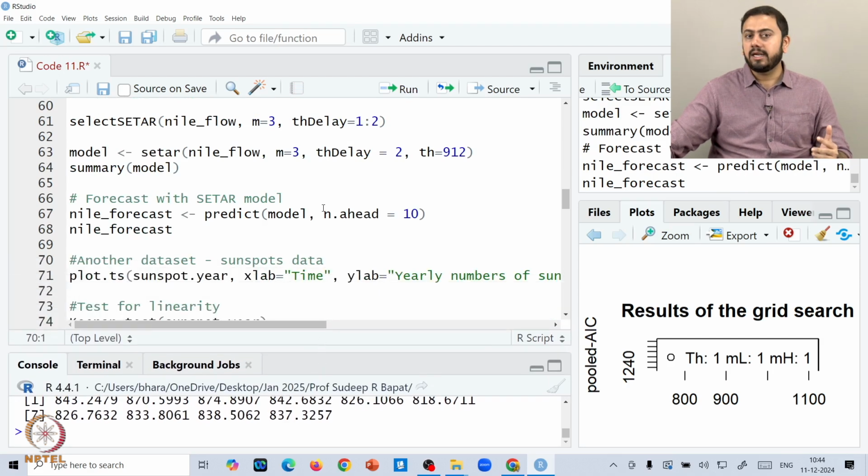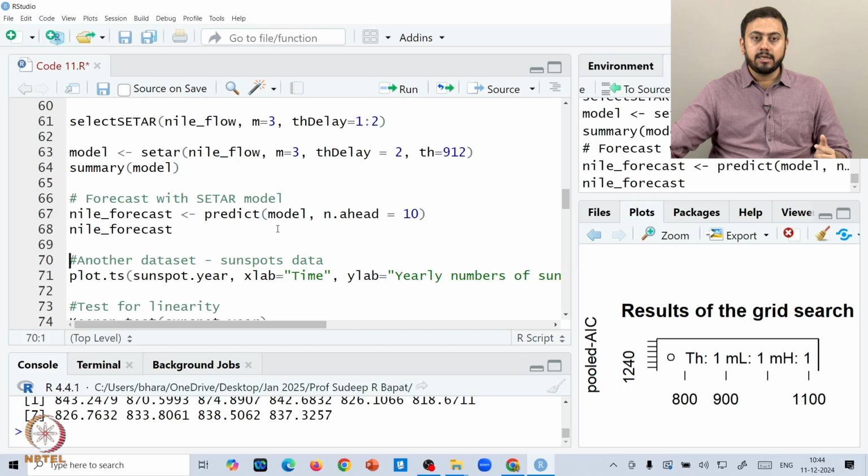So, now another data set. Let us say enough about the Nile data set. There is one more very famous data set which people analyze, called the sunspots data. So, firstly, what exactly are sunspots? Sunspots are nothing but small black spots on the surface of the sun, and these are very helpful in understanding different wave mechanisms, let us say electromagnetic waves, all these kinds of ideas. So, a lot of physicists use this data to analyze multiple things.